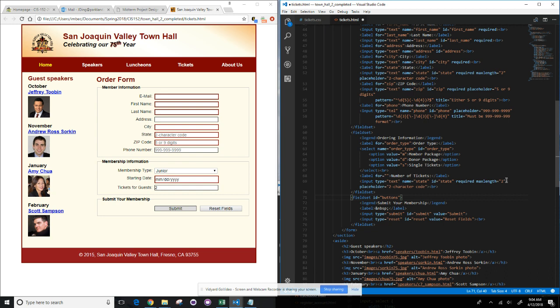text. Let's get rid of this required max length. I'm sorry, required, not the max length. I'm getting rid of the max length. I'm not getting rid of that it's required. So I want a text. And I'm going to say here,